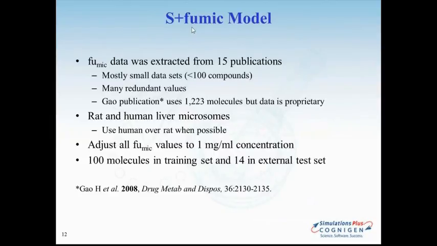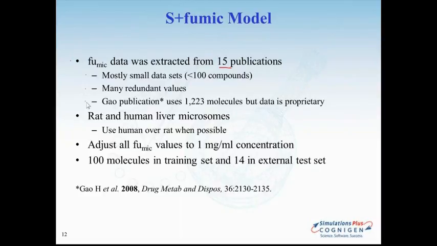So we created a FUmic model in ADMET Modeler. Our data set comes from 15 publications. Some of these publications were simply QSAR models of FUmic, using experimental data from previous articles or compilations. Most of the data sets in these 15 publications were fairly small, under 100 compounds, and there was a lot of redundant data because when the next publication came out, it would just use the values from the